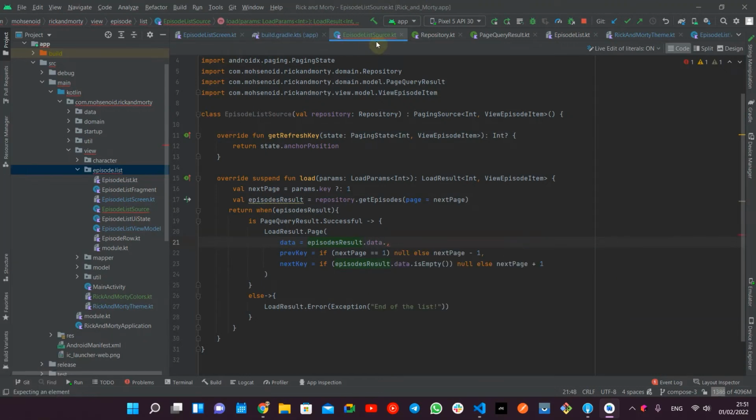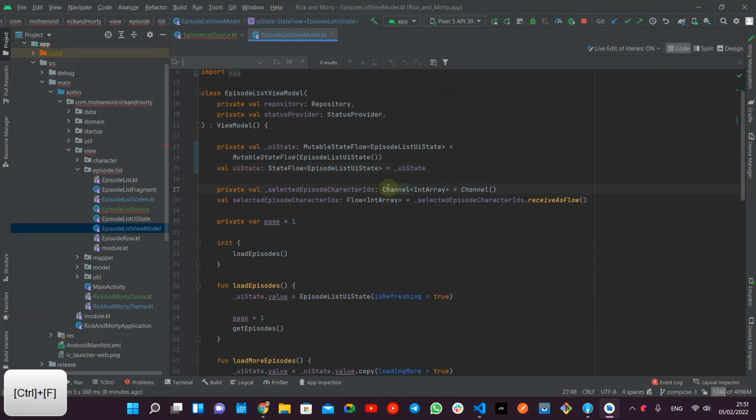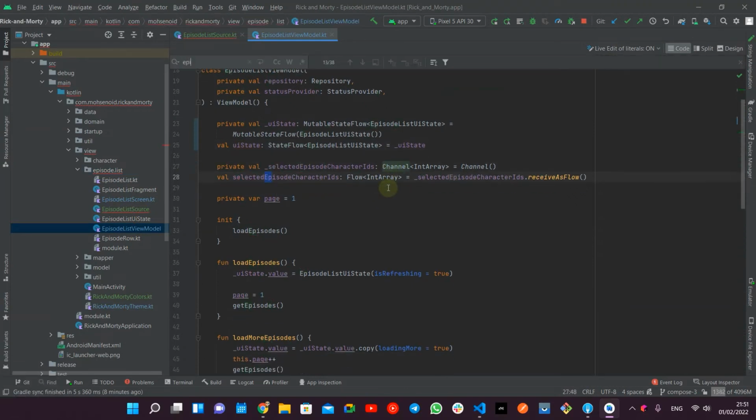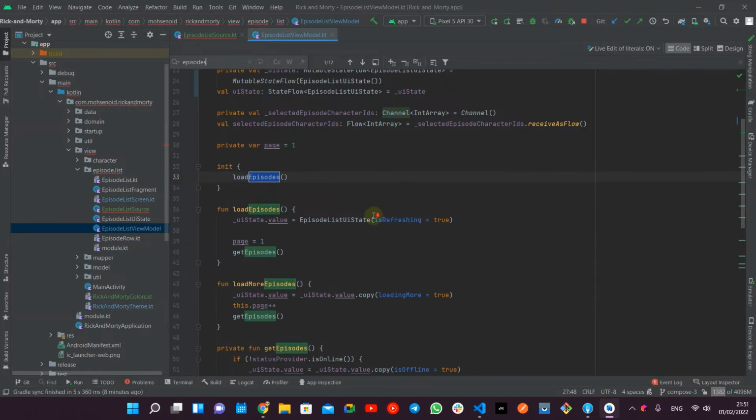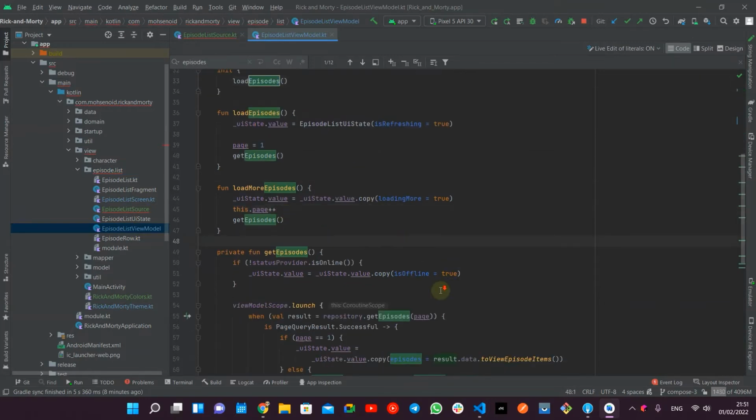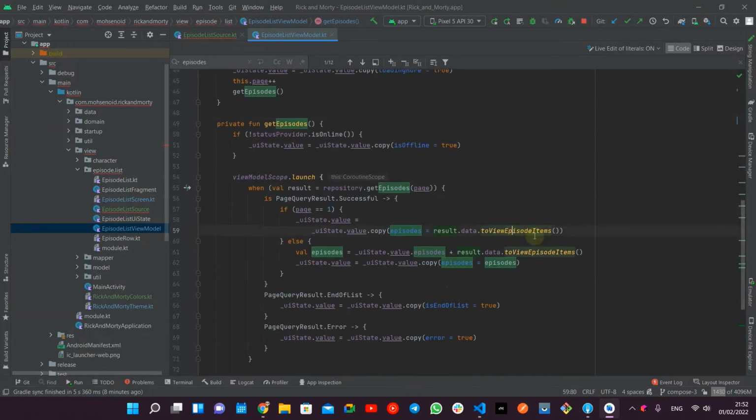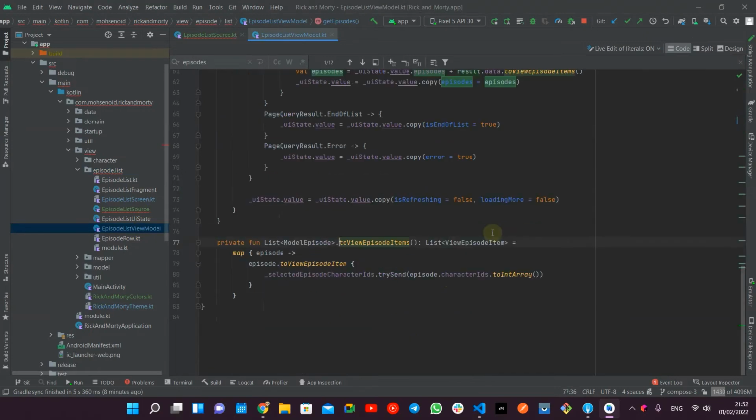Let me see. Inside our view model, Episodes. Yeah, we have this to view episode items